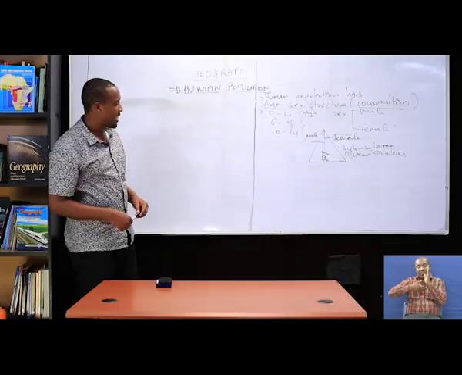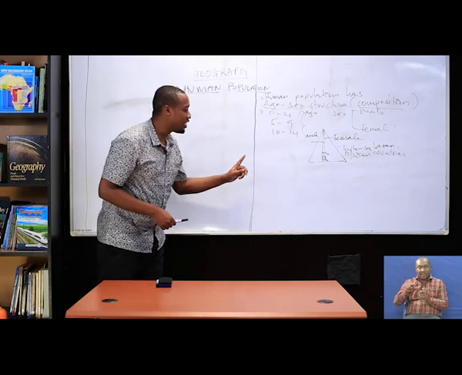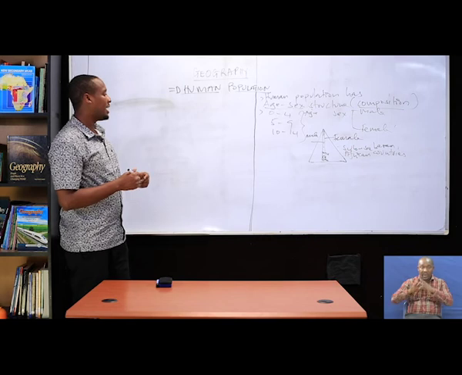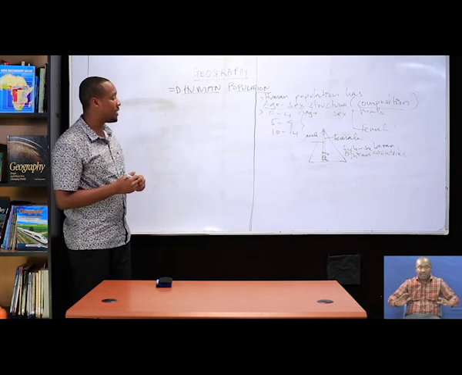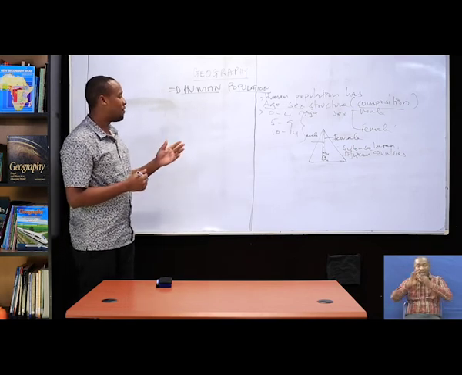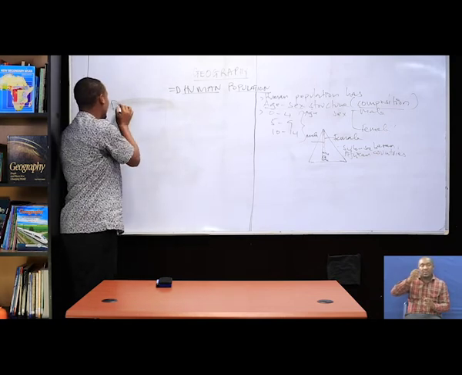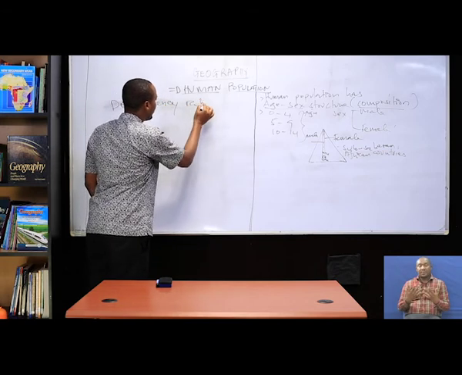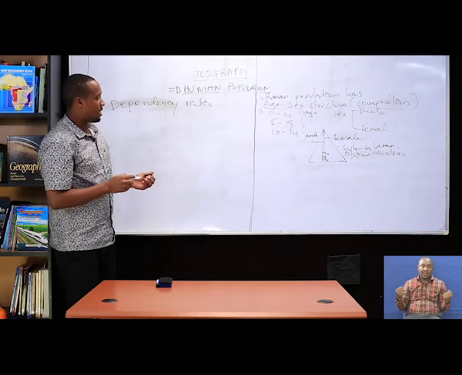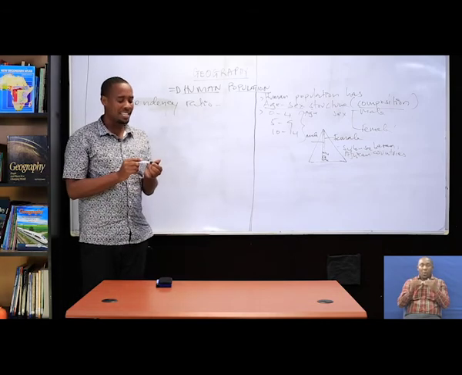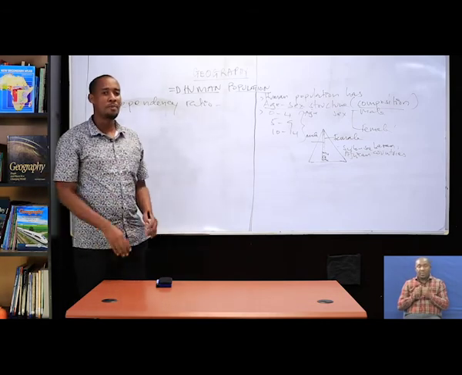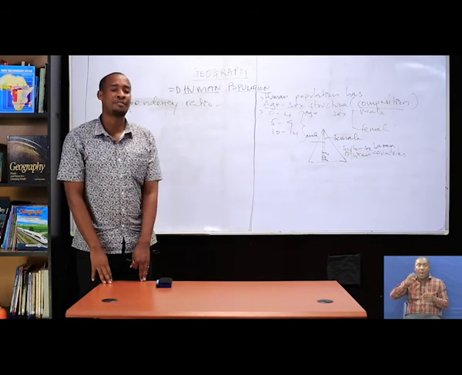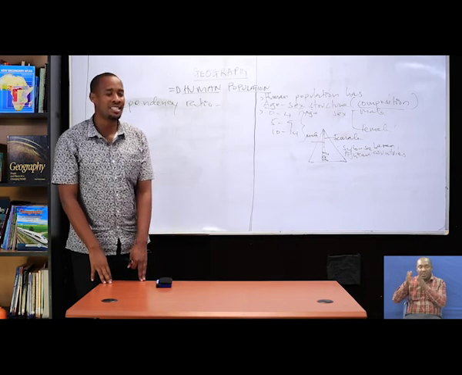My students, as I said, through population pyramids someone may get the interpretations of numbers of dependency ratio. That is one. Dependency ratio can be referred to as the proportion of people who are not involved in any productive activities to the ones that are involved.